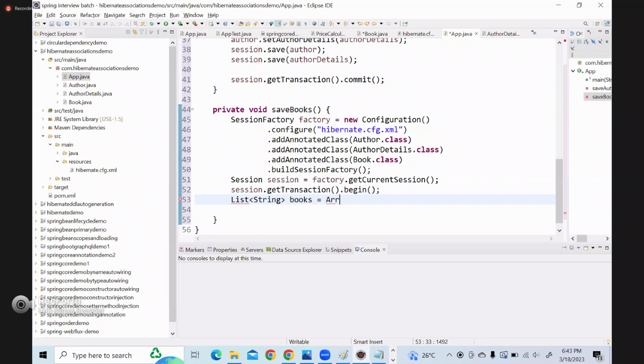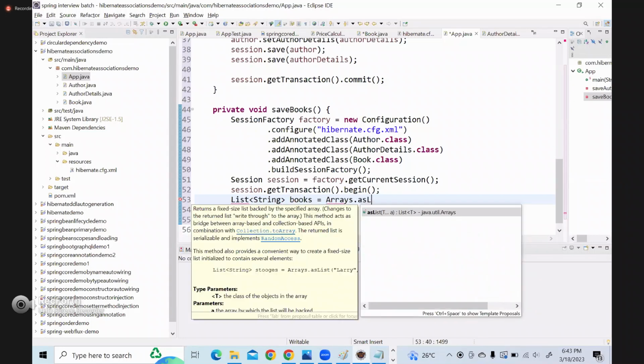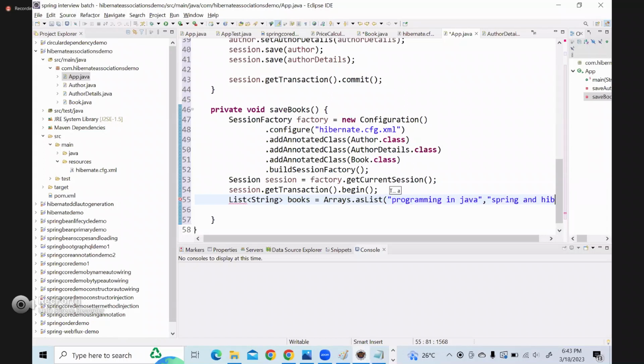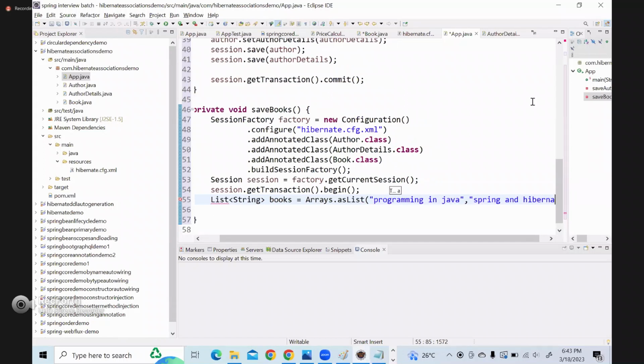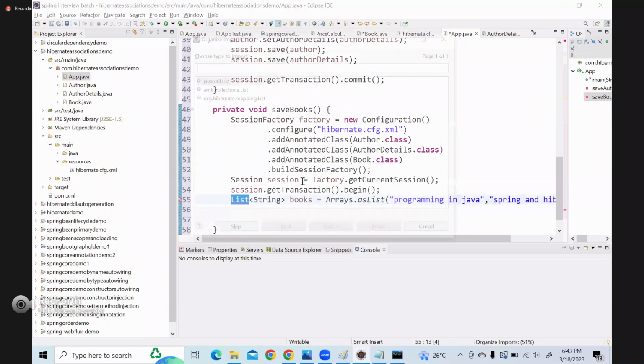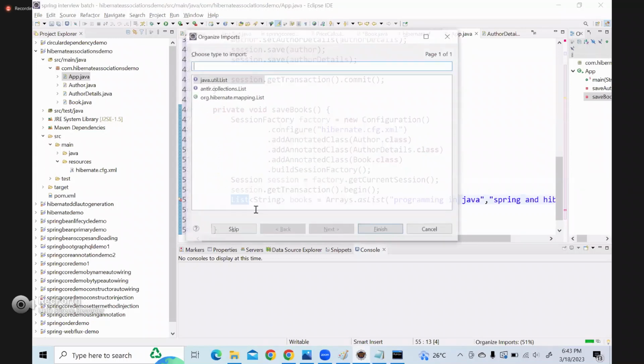Okay, I'll say arrays dot as list of. I'll say programming in Java, two books I'll say, written by same author. Next is Spring and Hibernate. Then I'll say, okay, so